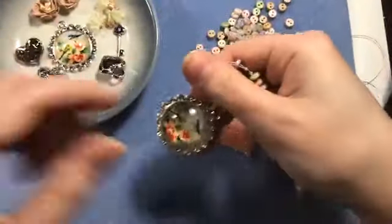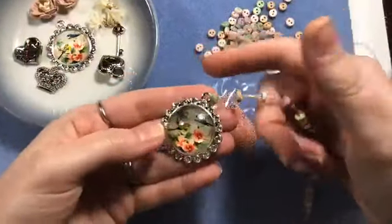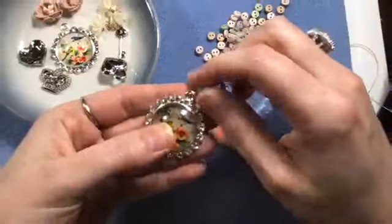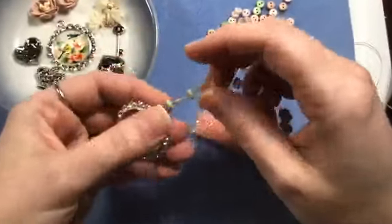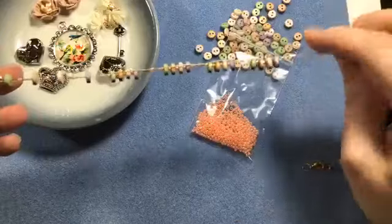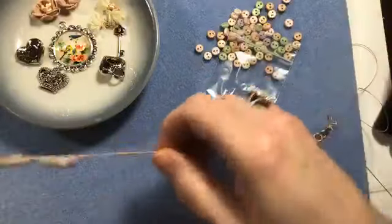Okay, so just so that you get an idea of where we're going, I've already done one side of the necklace, so we're just going to repeat what I've already done on the other side so that we have two strands to our necklace. We're going to take that 19 strand bead stringing wire, fold it in half and loop it through the loop here. And then we're just going to create this exposed wire mix of seed beads and these beautiful micro mini buttons, and then finish it off with an extra long part of the